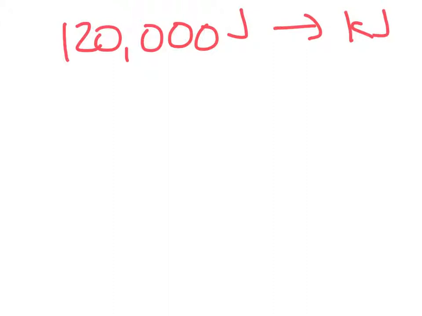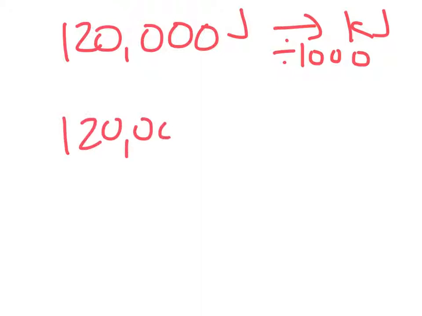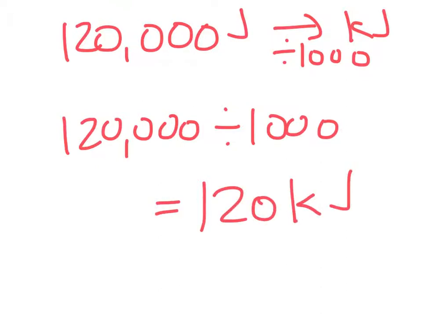Now let's say that 120,000 joules is your answer, but you were asked to give the answer in kilojoules and not joules. So this is kind of bringing us back to where we need to be comfortable to convert between kilo and milli and just the different units. For 120,000 joules, if we needed to go from joules to kilojoules, we divide it by 1,000. So 120,000 divided by 1,000 is going to equal 120 kilojoules, which is a little bit more manageable of a number, which is why we might want to represent it in that